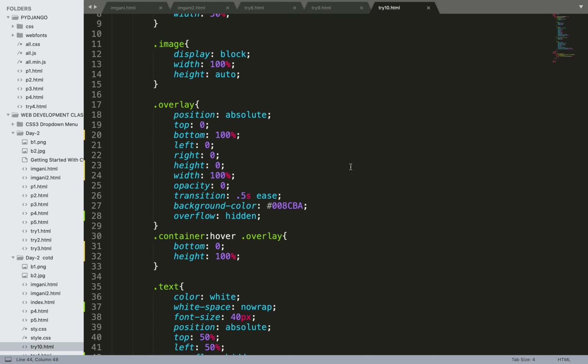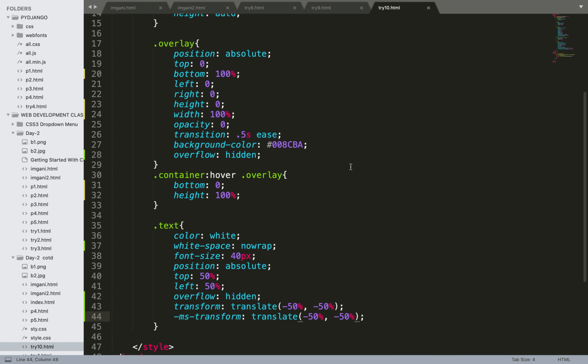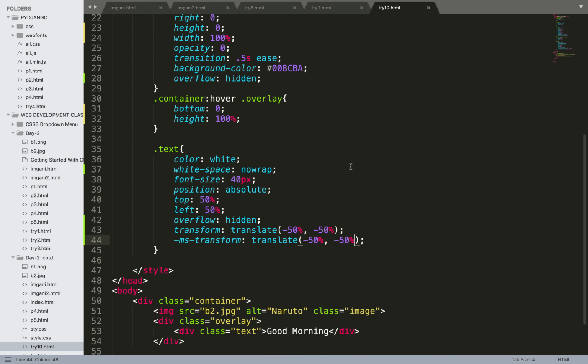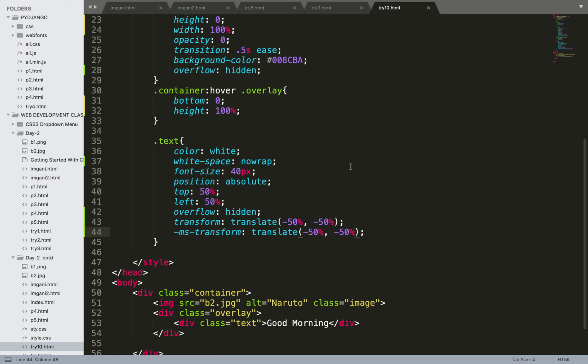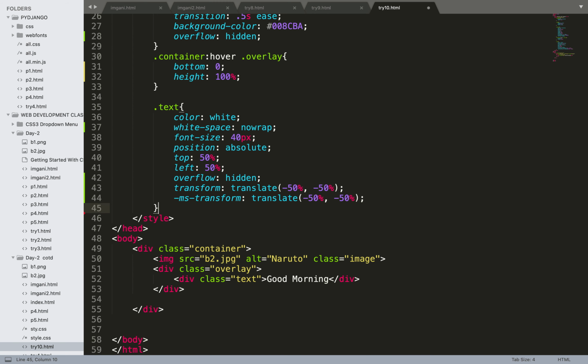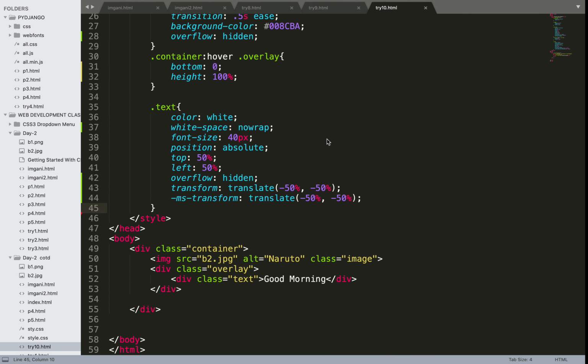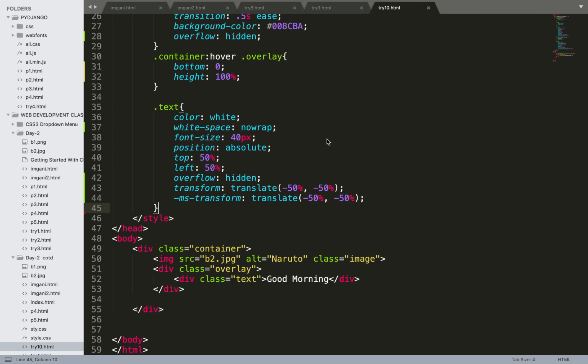Block width is 100, height is auto, position is absolute. I think the hover part is not working actually.